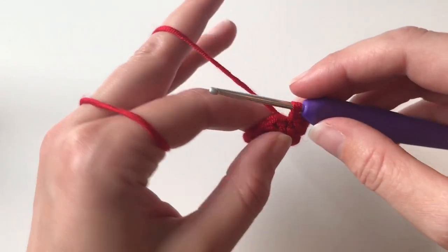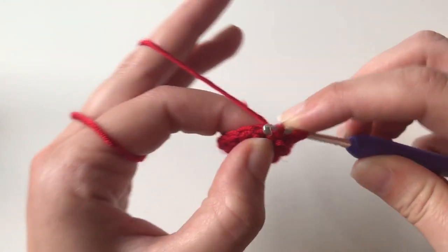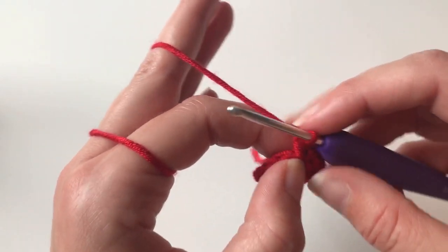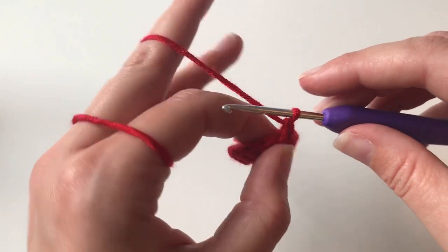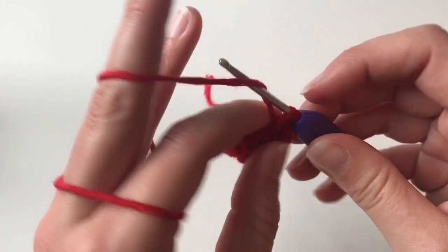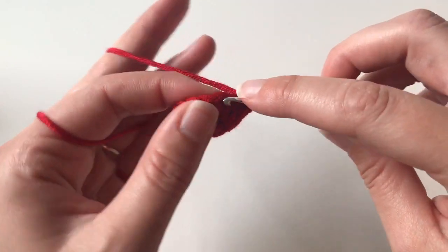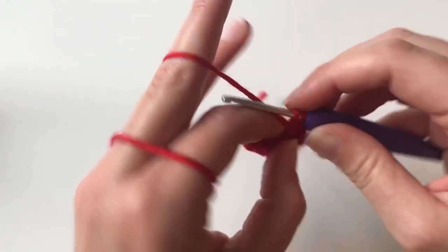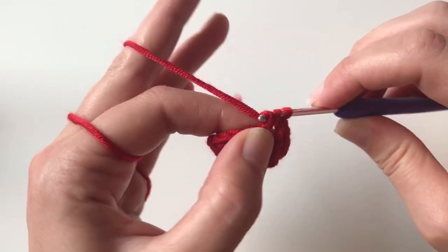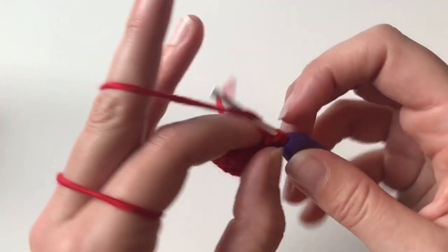So here we go. That's yarn over. I'm going to go back into that one where we currently are. Yarn over again, pull through 2, yarn over again. Pull through 2. We're going to go into the next one. So just 1 double crochet into each stitch. So you're going to count to 16 again, okay? So it's 1, 2, 3, 4, 5,